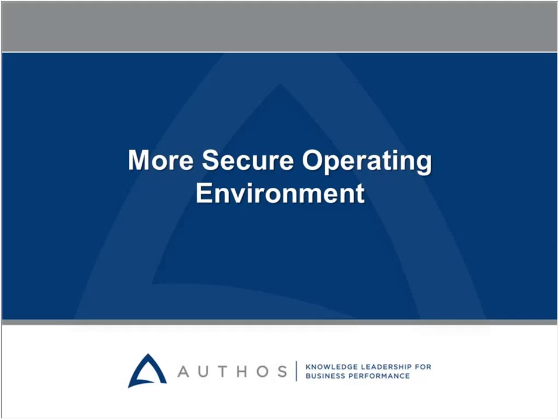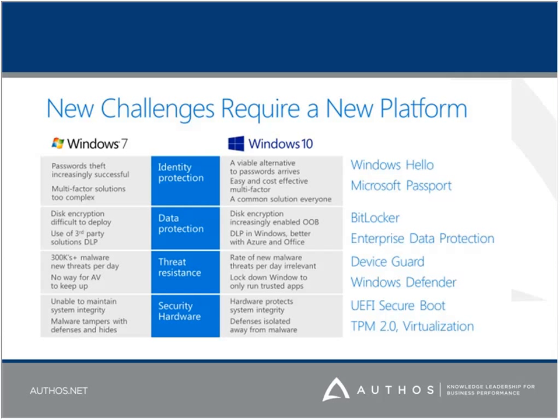Next feature we'll talk about is a more secure operating environment. This slide shows basically 4 areas of security challenges. On the Windows 7 side, you can see the actual challenges that they had within the operating system, and then on the Windows 10 side, you can see how they are working to alleviate those challenges, and then the actual product names of how that happens. So just to give you some definition on what these